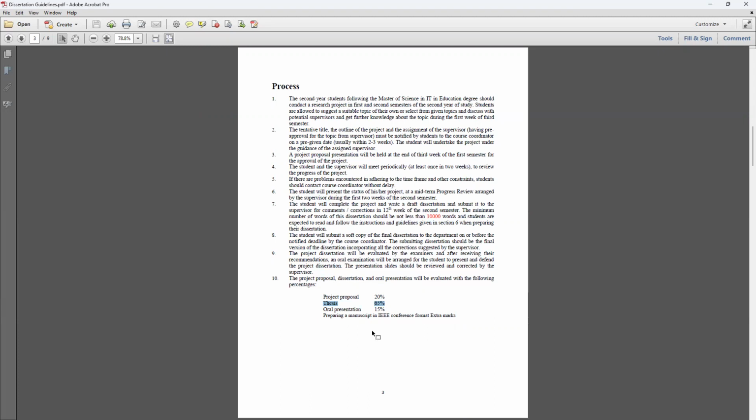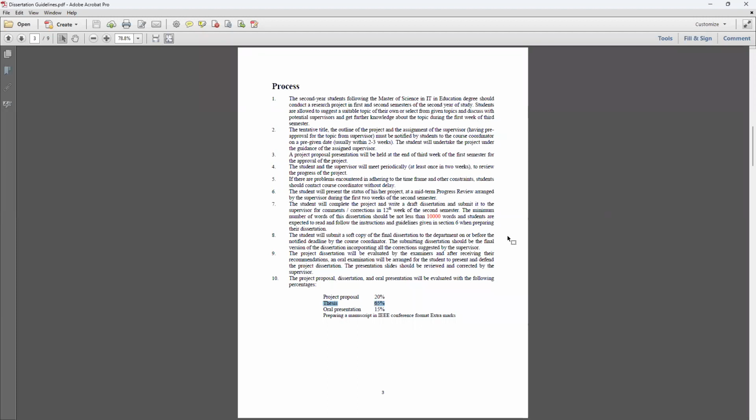Okay, so if you prepare any additional conference papers, like IEEE International, if you participate in an international conference or publish your research work in a peer-reviewed journal, you will get additional points. Okay. And basically, you need to start your research in this semester, the second semester, at the beginning of the second semester.